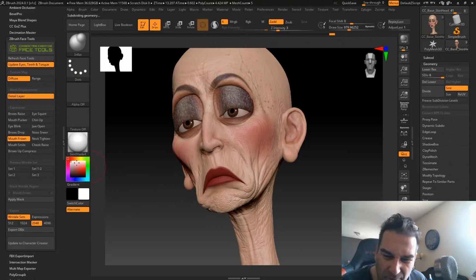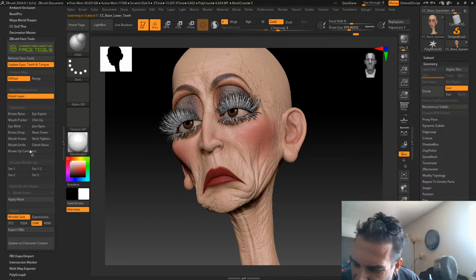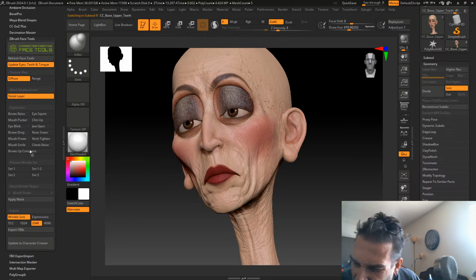I think that bottom lip needs to move down too. Let's see. That's okay,